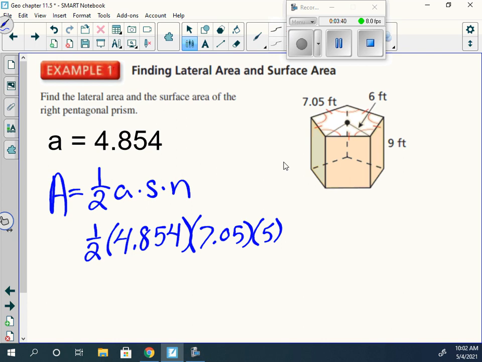And if we type all this into the calculator, we see that the area is going to be 85.55. So the area for one of these pentagons is 85.55. Any questions on this so far? Well, how many of these pentagons do we have? Two of them. We have a top and a bottom. So since we have two of them,